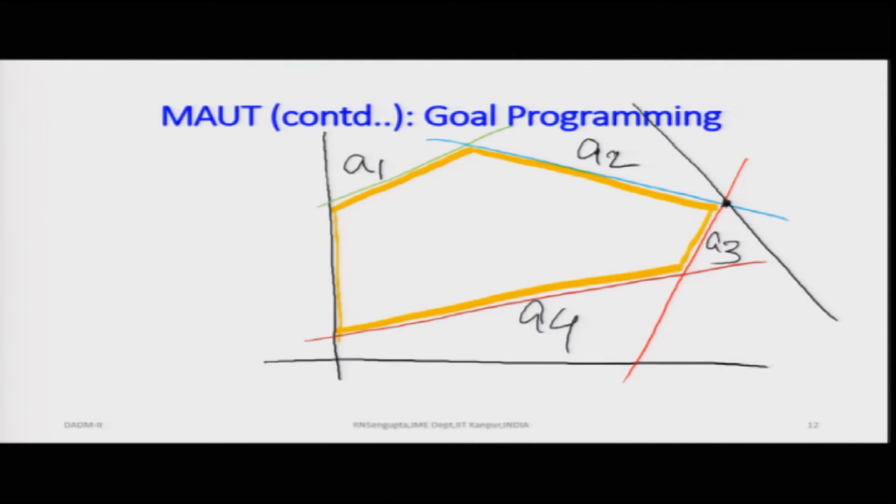So, if the perturbation is very low and the weight is also low, that means I would not be so worried about the constraints being violated or not violated, because I have already considered it in the objective function. What I have done in the objective function is basically to find the difference between the attainable value. By the way, these values are not the A's which I have for the objective function.